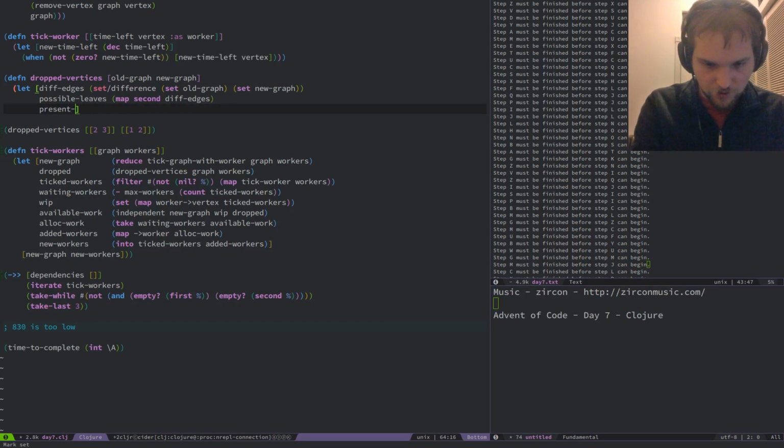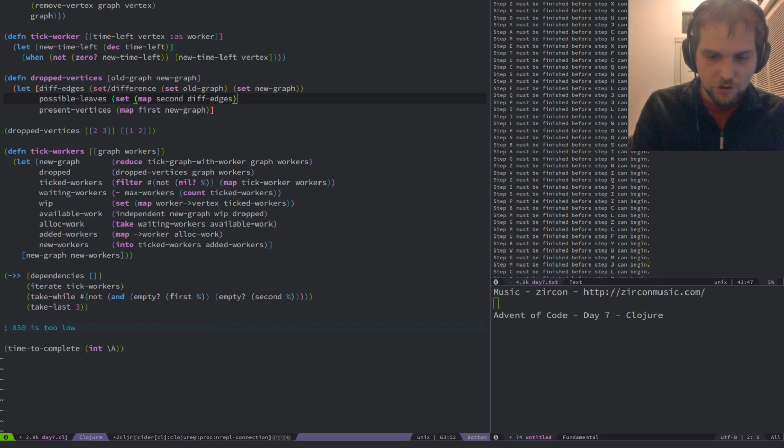Present vertices, or the ones that are still present in the new graph, are turn this into a set.